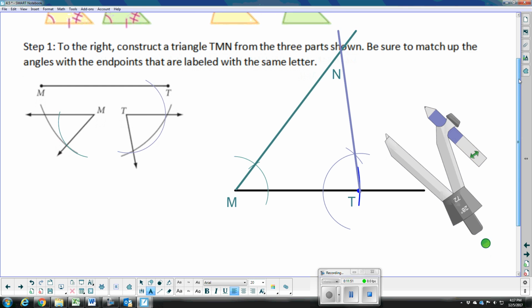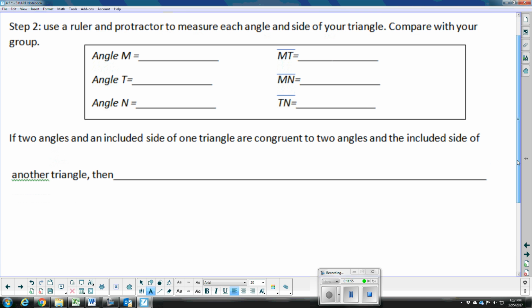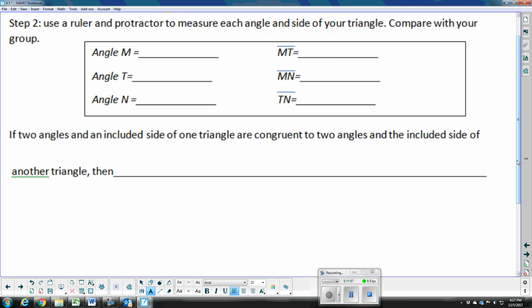So I'm not going to do all these measures because they should be exactly the same, but go ahead and practice with your measurement tools to measure all three angles and all three segments in inches and in degrees. And mine's going to look a little bit different because I'm doing it on this Smart Notebook. So the sizing I think is a little bit off, but you should, if you compare notes with somebody else who did this,